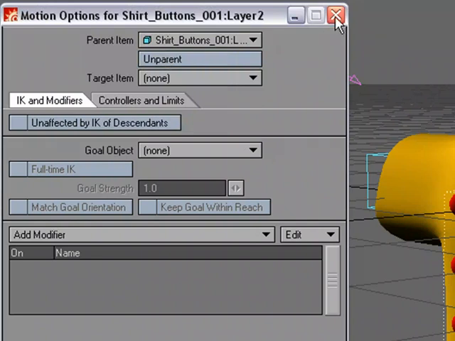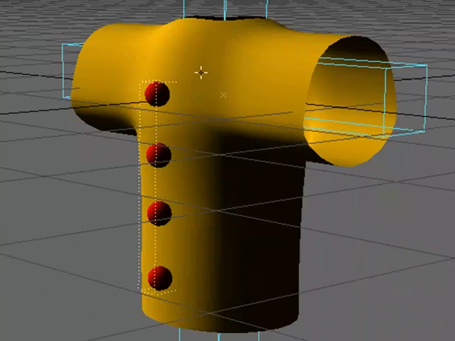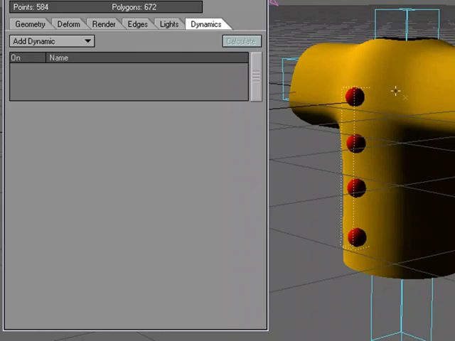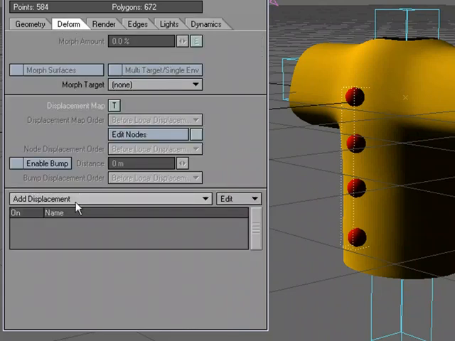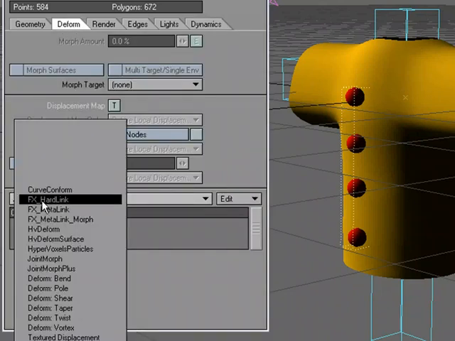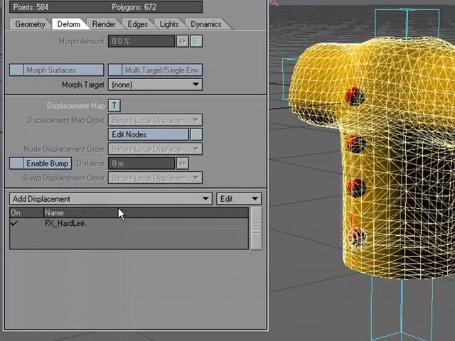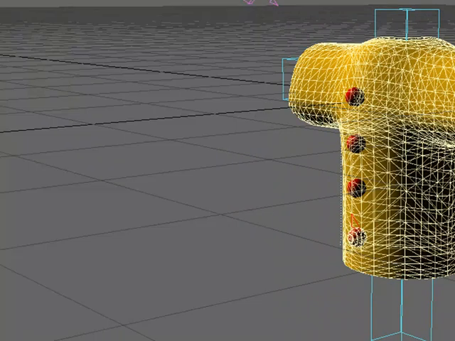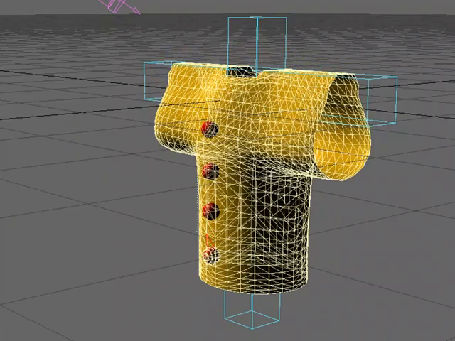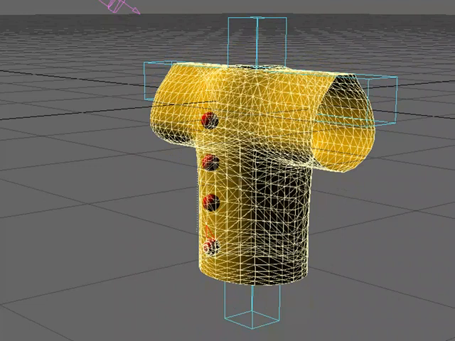Okay. Now that's not enough, because it just knows the default shape and basically the pivot point. So we need it to lock to the shirt. To do that, P for Properties. With the button selected, come over to Deform, Add Displacement, and choose Effects Hard Link. Okay. I can close this, and as you can see, let's